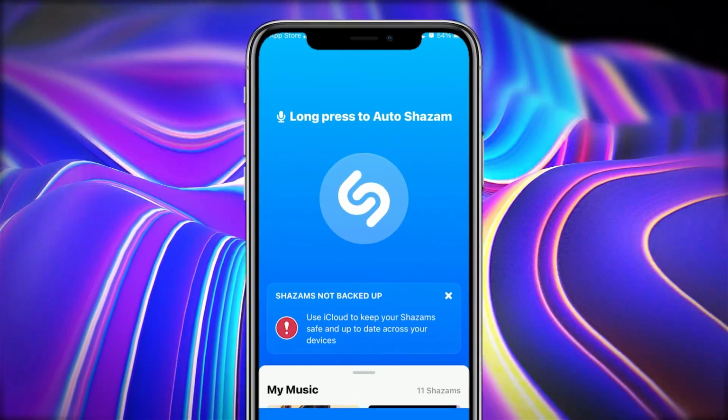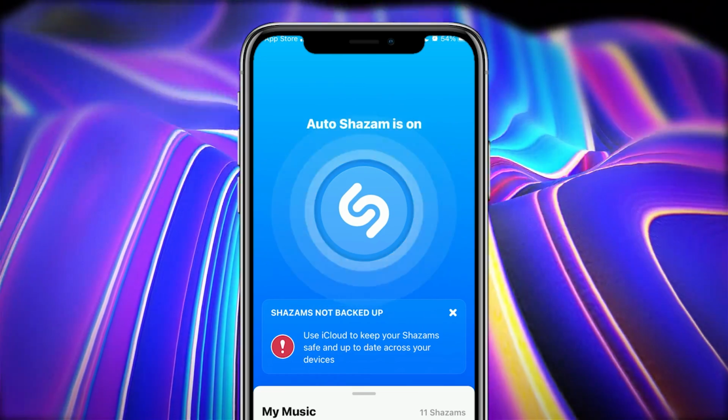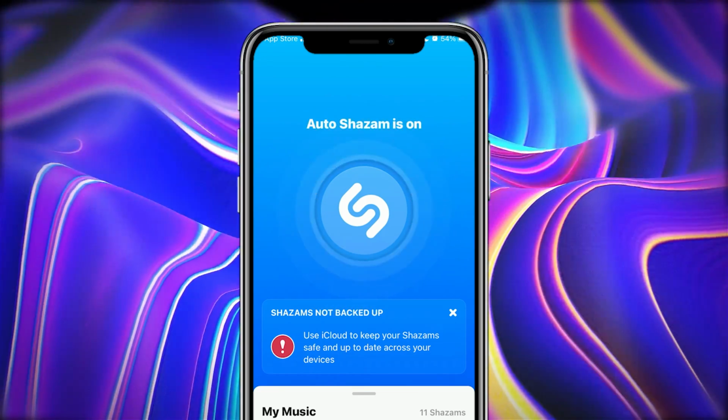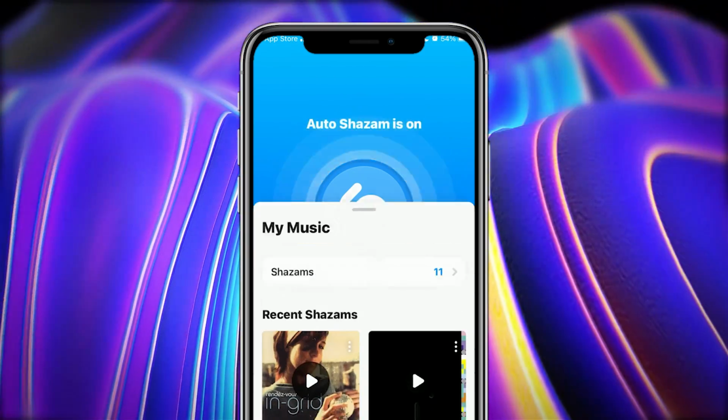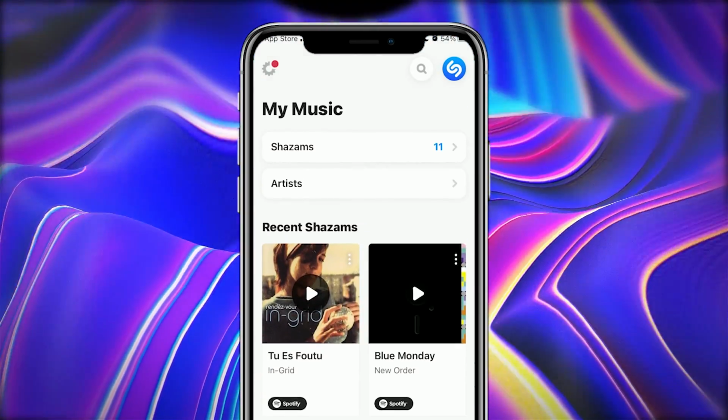There is also an auto Shazam feature that works like Now Playing on Pixel devices. This feature works in the background and gives you song info notifications as it recognizes songs in your environment. The only drawback of this feature is that it doesn't work